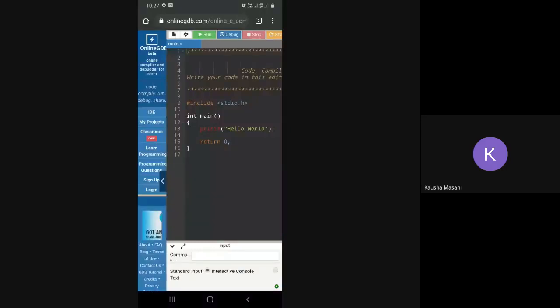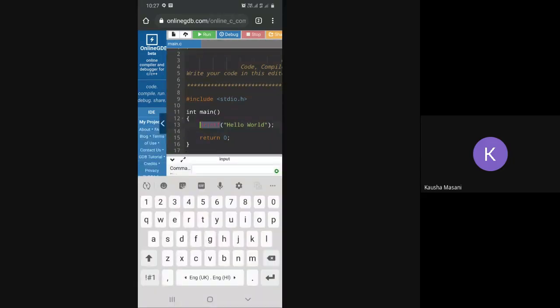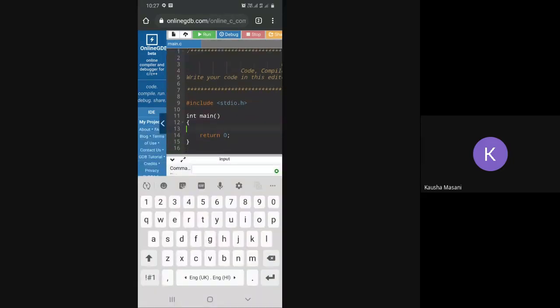You can write here. You can remove this part. As you write normally in your WhatsApp or Telegram chat group, you can write your functions here.